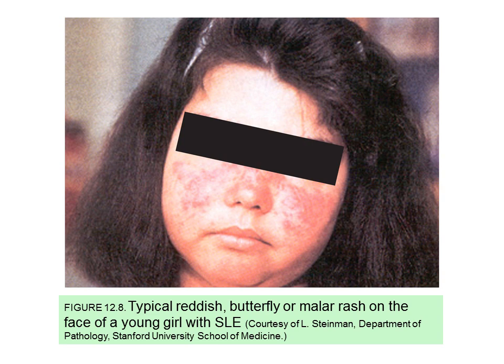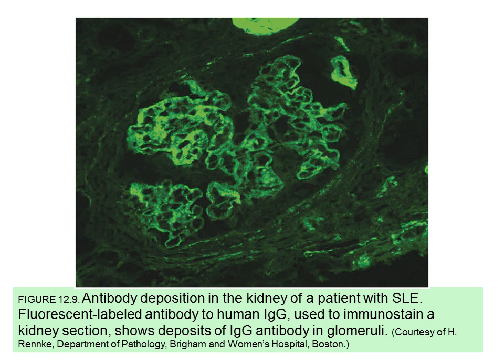So if you look at the biopsy, if you look at the patient's kidney, because when the problem is there, you will see antibody deposition. So there is a test that we do, a fluorescent-labeled antibody to human IgG, and you will see that there are deposits of IgG antibody in glomeruli. So that will give you an idea that these are autoimmune diseases,